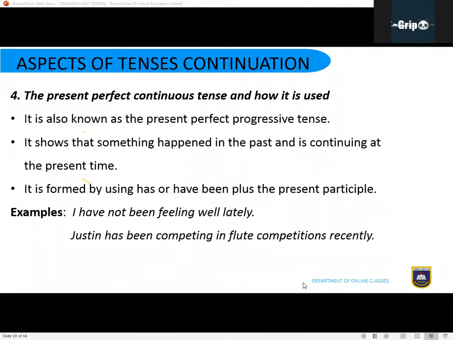Justin has been competing in flute competition recently. Again. Justin has been competing in flute competitions recently. All right. Now,